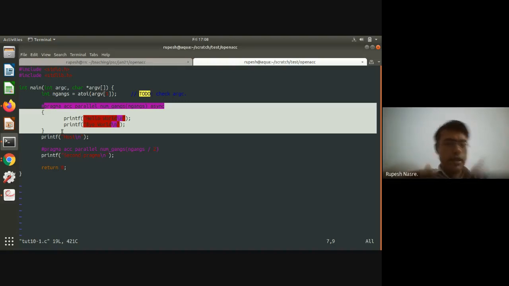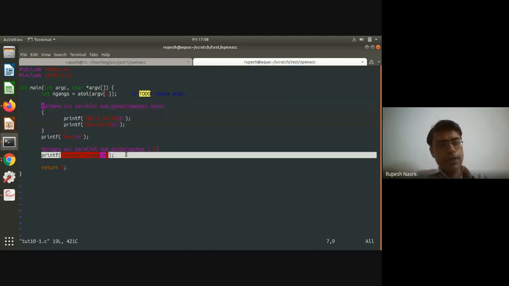For the second printf also, a kernel will get generated automatically. Now these two kernels are by default executed sequentially by the device.